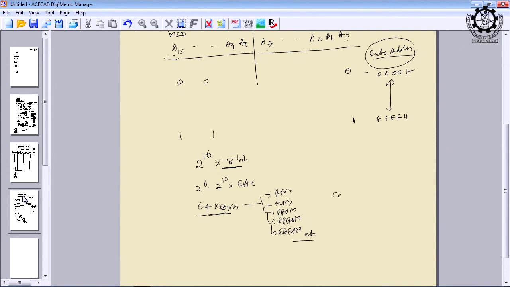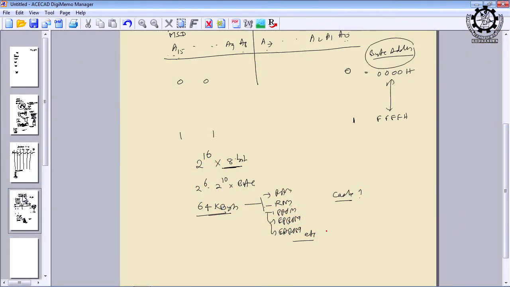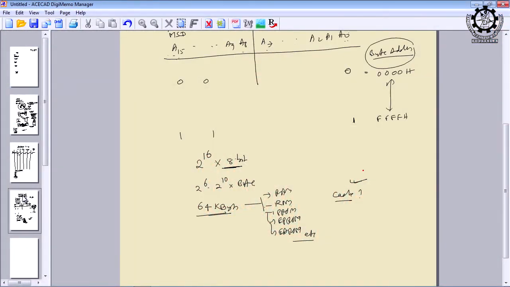Now, the question comes, can the cache memories be included in the 64 kilobyte or not? This is an assignment. Can the cache memory that we have studied in computer organization and architecture be a part of this 64 kilobyte? This 64 kilobyte is the maximum space, and you know cache memory is a small and fastest memory between memory and the microprocessor. Is it a part of this? These things we will discuss afterwards about the cache memory concept and how the cache memories are interfaced.